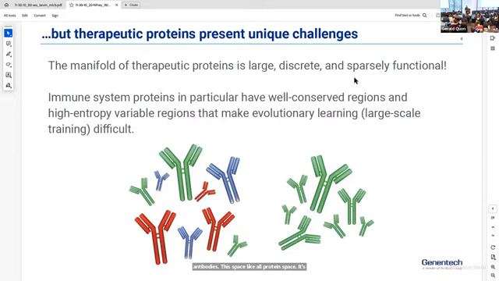It's a discrete space of choices of amino acids. And most importantly, it's very, very sparsely functional. So antibodies that can actually become drugs are very, very hard to find. Another interesting thing about antibodies, immune system proteins have very well conserved regions and also very high entropy variable regions that undergo rapid evolution in your body or in animal immune systems. So this makes things like evolutionary learning and large scale training very difficult, just like we saw in the TCR